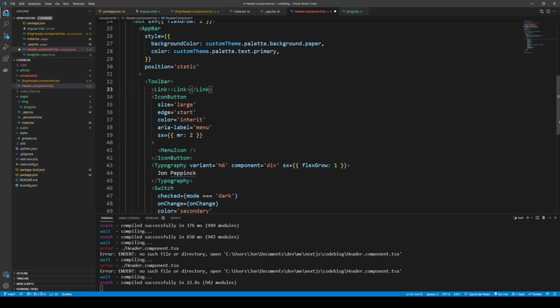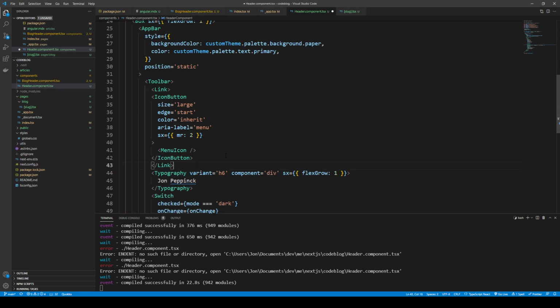Yeah, there we go. So this link is going to wrap the icon button, and that's just going to be there so we can return back to our home page. So we can just use the absolute path /, and then we can just have this passHref attribute here. So we can save this,